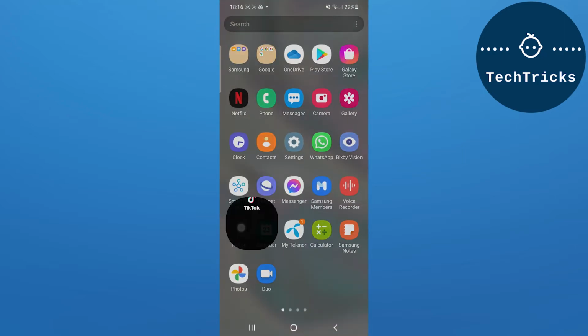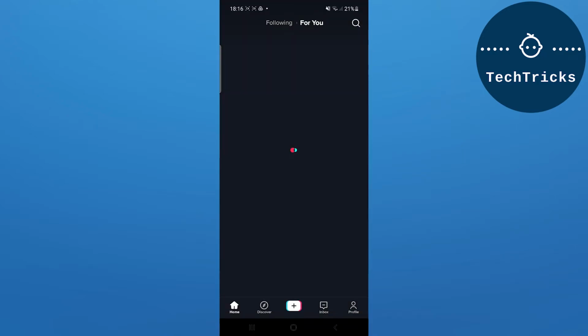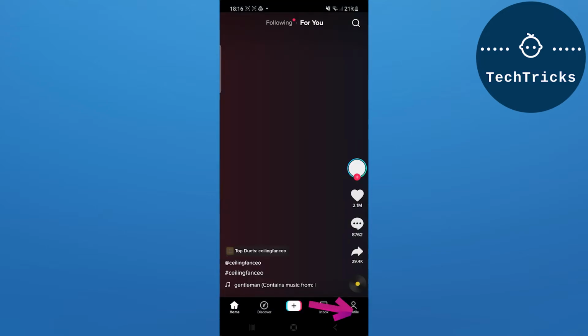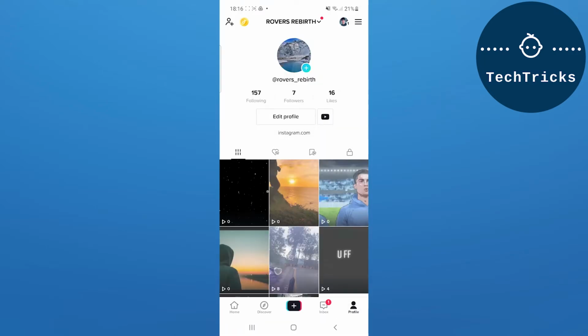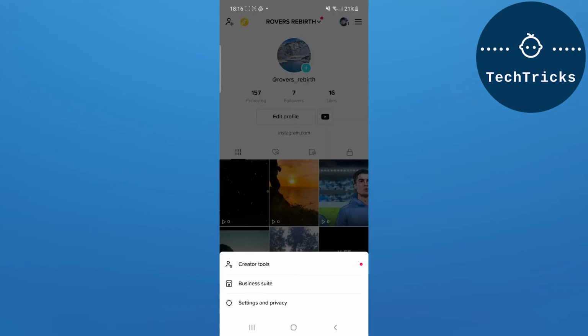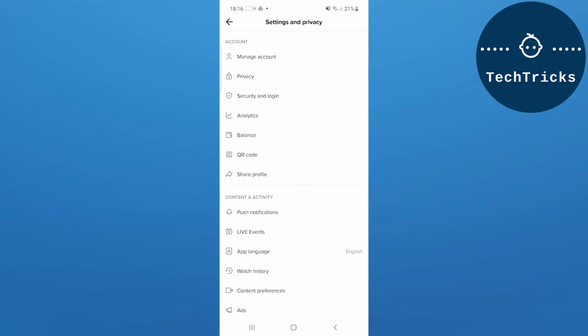First of all, open the TikTok app on your mobile. As you open TikTok, you have to go to the profile option that is located down below, and then go to these three lines that are located up above. After going to these three lines, you have to go to settings, and then